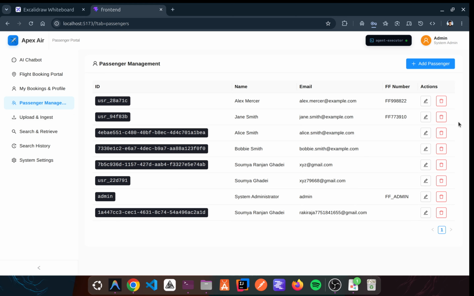For example, I can manage the passengers here. I can add a new passenger. I can edit their details. Then,